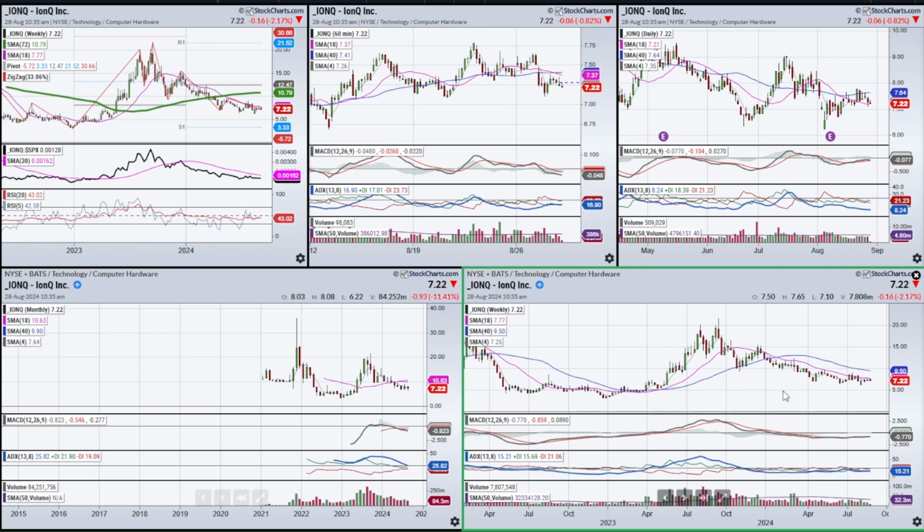It's below the 18-month. Now, I do like what's going on the weekly chart. I'd like to see it turn a little bit here, and we're going to need to see green DI break out on the turn. If that happens, then this is